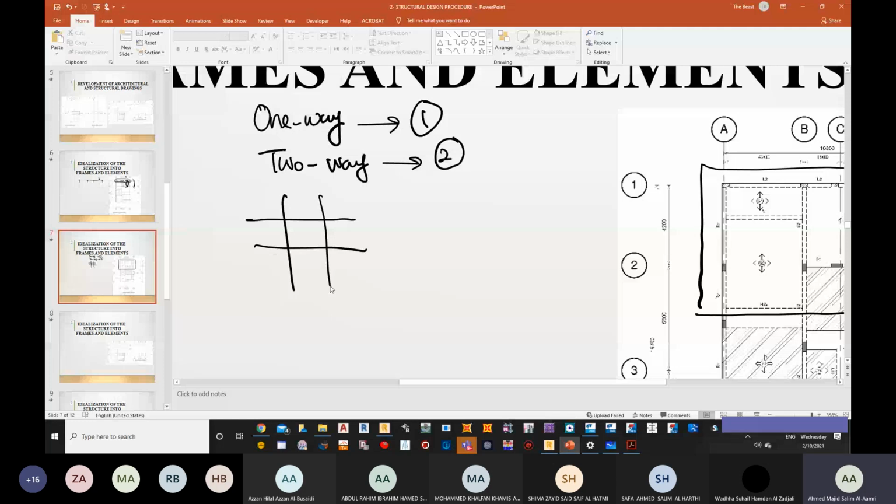In both, in one-way and in two-way, right? In both, in one-way and two-way, it is going to be a mesh. Okay, two-side reinforcement. Okay. Now